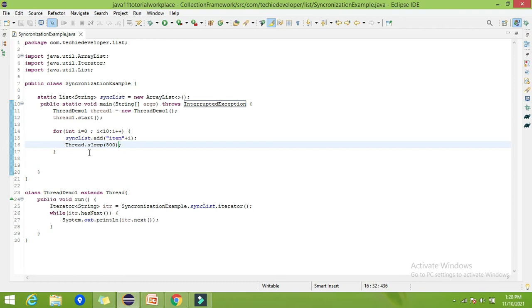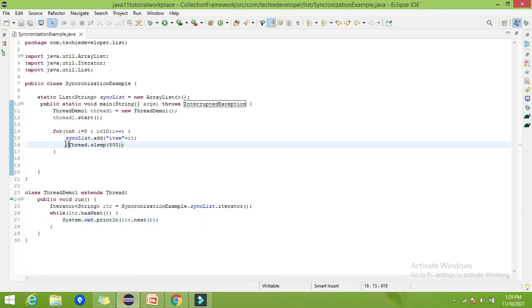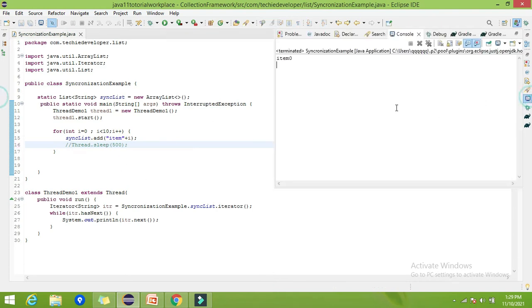But for that we have to use the notify method, and use the thread mechanism properly. But in this scenario, if you want to run these two threads in parallel, we can get this inconsistent data problem. Here you can find we are getting only item 0, right? So now let's comment out this line, thread.sleep. We are getting the proper result here, right?